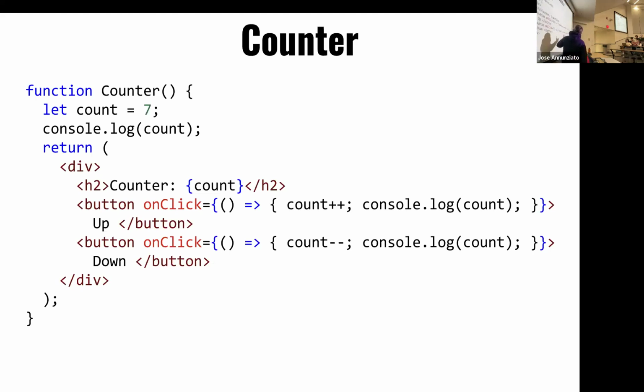Now, the expectation would be that this indeed changes over time. If you increment it, it becomes 8, 9, 10. If you click on minus or down, it goes 10, 9, 8, 7. And indeed it works. You can see the output, you can see the live value of the count. Unfortunately, it is not reflected in the user interface. The user interface renders 7 and ignores any changes to the variable. It is not rendered. And this is because